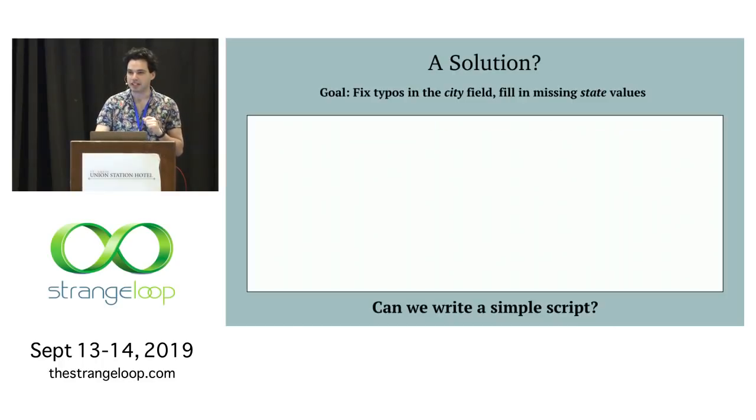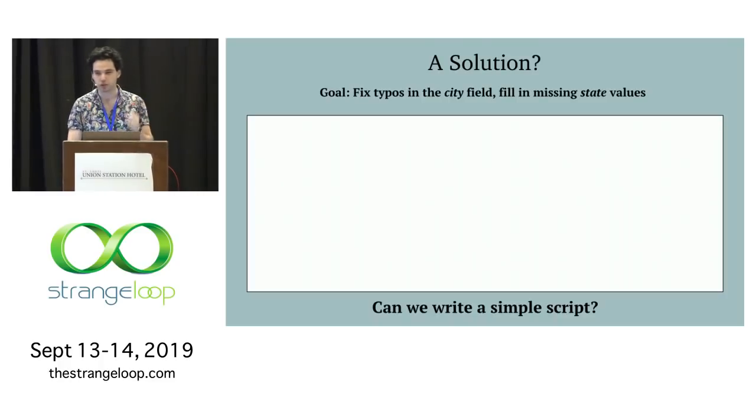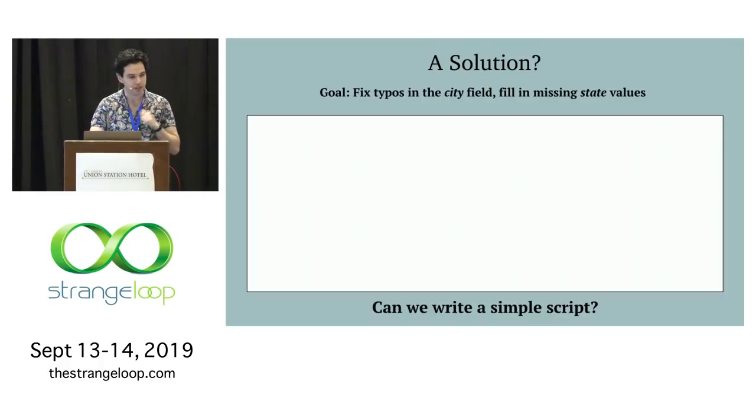But you can sort of see what he's saying. It seems like a simple script in Python, or I'm going to use Julia, should do the trick. So let's put that intuition to the test and write a script that cleans up our toy apartment listings data set. We're going to follow a pretty simple algorithm.